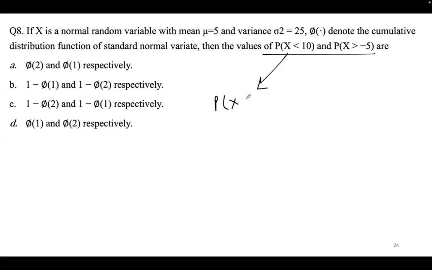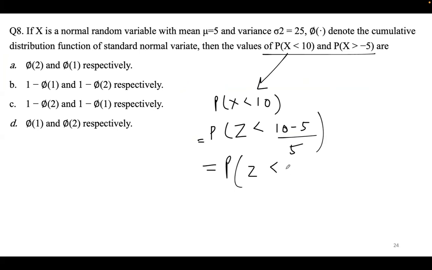So x less than 10, if we convert it to a standard normal variable, what we can do is z less than 10 minus 5, and then we divide it by sigma. So that's 5 again. So that's going to be P(z less than 1), right? And z less than 1 can be denoted as theta of 1. So again, theta of whatever number denotes the cumulative distribution function up until that point, right? So theta 1 is definitely what P(x less than 10) is. Now,